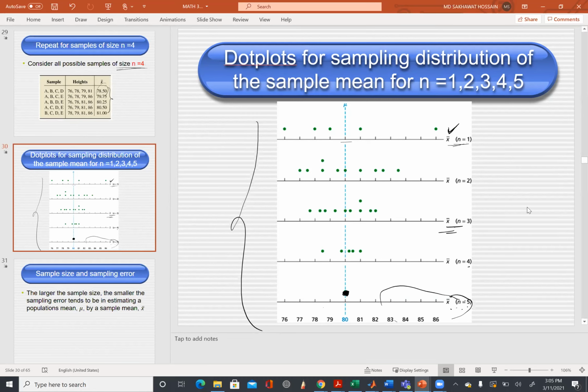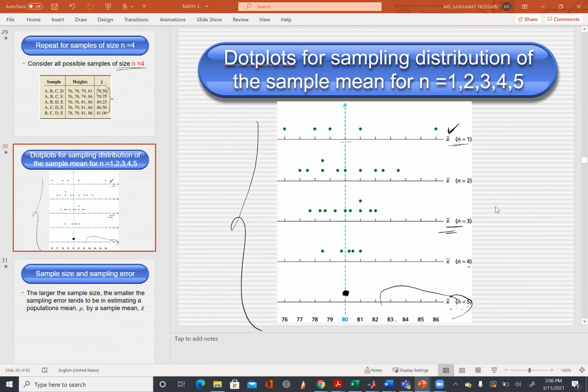So what do you see from this chart? What is the interesting feature of this graph? Yes, you're right. The bigger the sample size, the more concentrated the mean. Yes, that's absolutely correct. The larger n is, the more exact x bar will be. So you can see here, when the sample size becomes larger and larger, the deviation will become